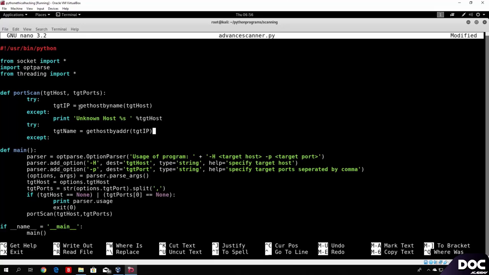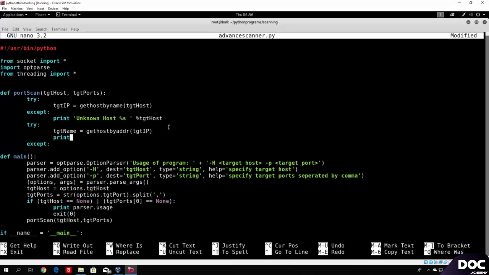This one gets the IP address from the host name, and this one gets the name from the address. So right now, once we actually type that, we want to print, and let's add a plus right here, and let's print scan results for, and then we can just add the target IP. What this will do is print out scan results for that IP address, or no, we want to actually